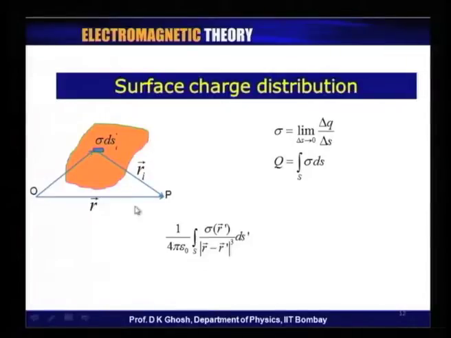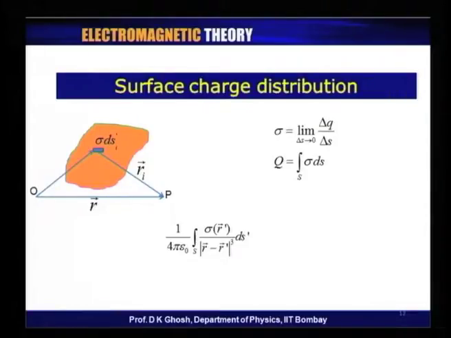There is an irregular surface, and there is a charge distributed there. Once again, how do I define a surface charge density, which I will indicate by sigma? So, what I do is I look at a small area element. That small area element I will call dS prime again, because prime is the index which I am using for coordinates on the surface.